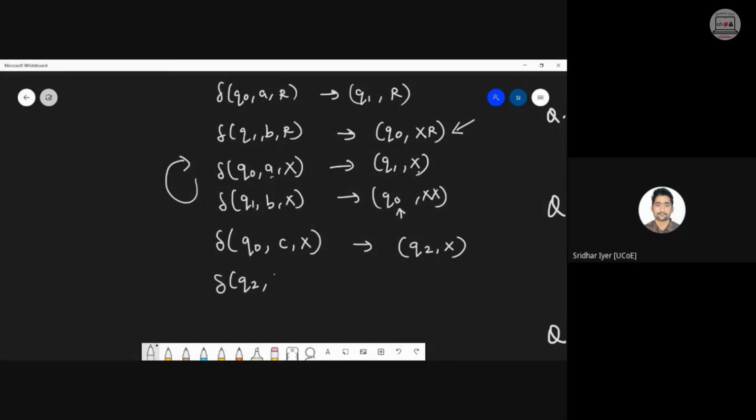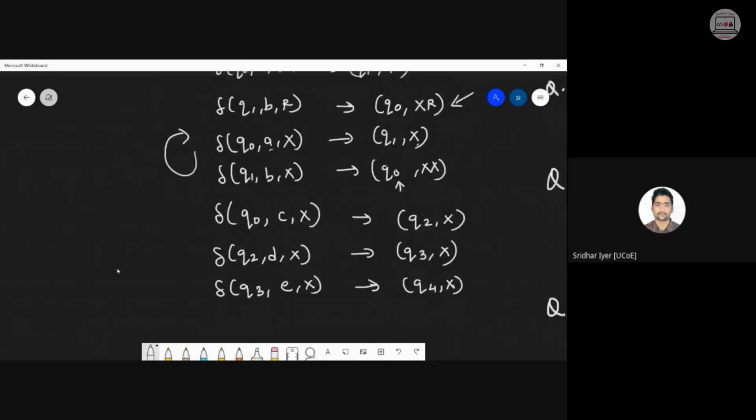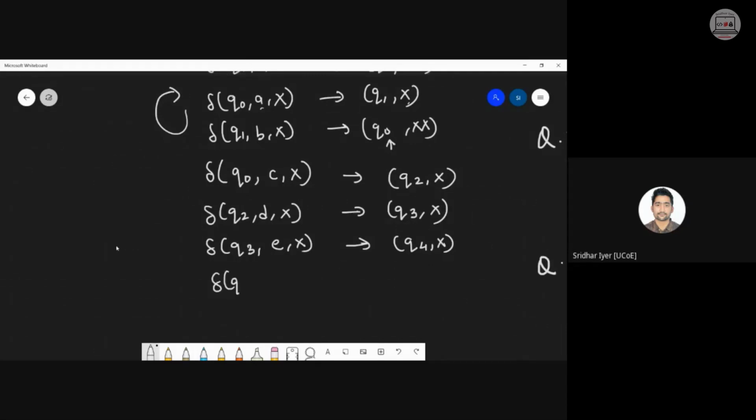Similarly, on Q2 if D comes, again the same thing. I will bypass it. It will go back to Q3 comma X. Next up, on Q3 comma E, X will come, so it will be again bypassed. So basically, it's repetitive. Only whenever F comes, we need to pop it, right? So on Q4, whenever F comes on top of X, we need to go back to, you know, now which state should I go back to? I should go back to Q0 again because from Q0 only I am accepting C, right? So I will go back to Q0 with a pop operation, and this entire thing will be looped.